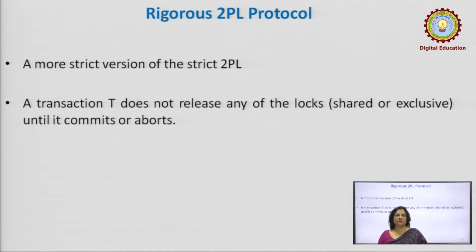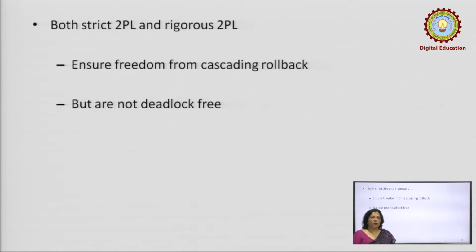A rigorous two-phase locking protocol is a more strict version of the strict 2PL, and under this a transaction T must hold all the locks, shared as well as exclusive, on the data items it is using until it commits or aborts. Both the strict two-phase locking protocol and the rigorous two-phase locking protocol ensure freedom from cascading rollback, but they still